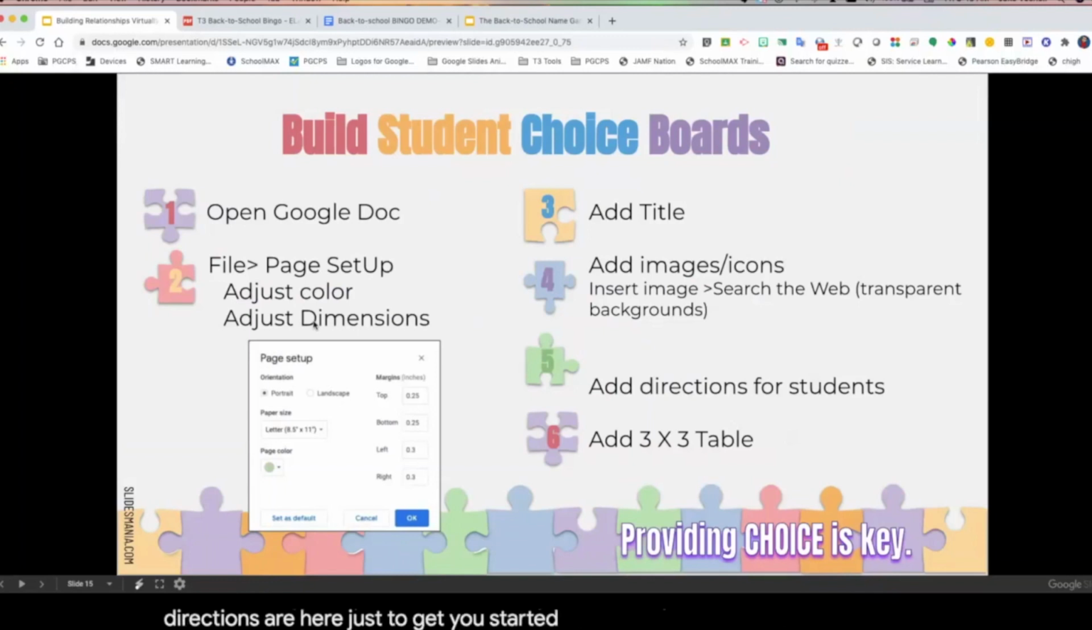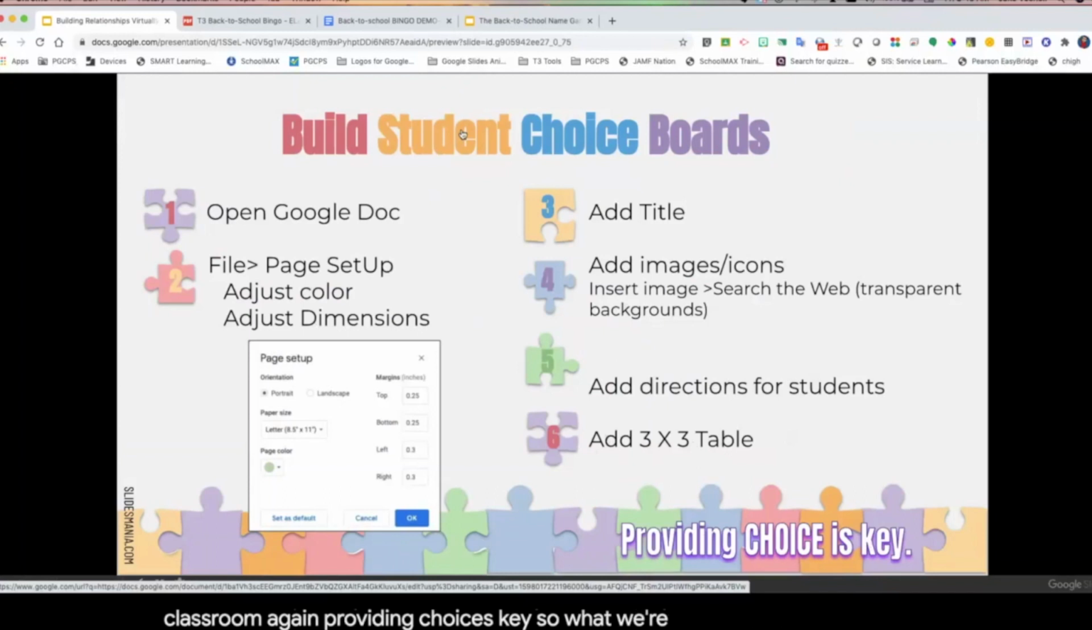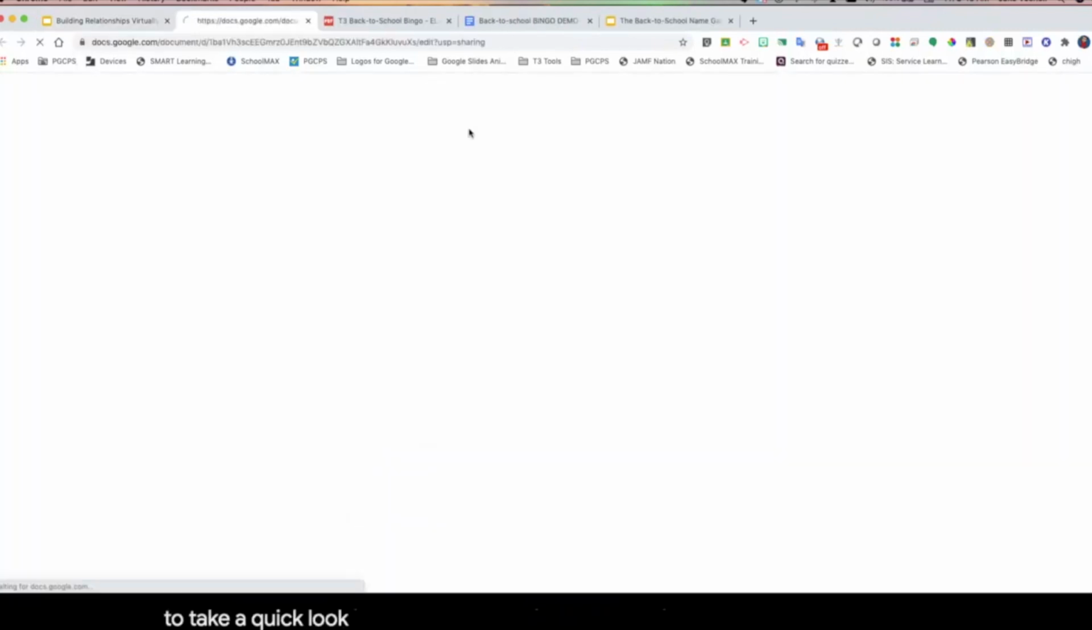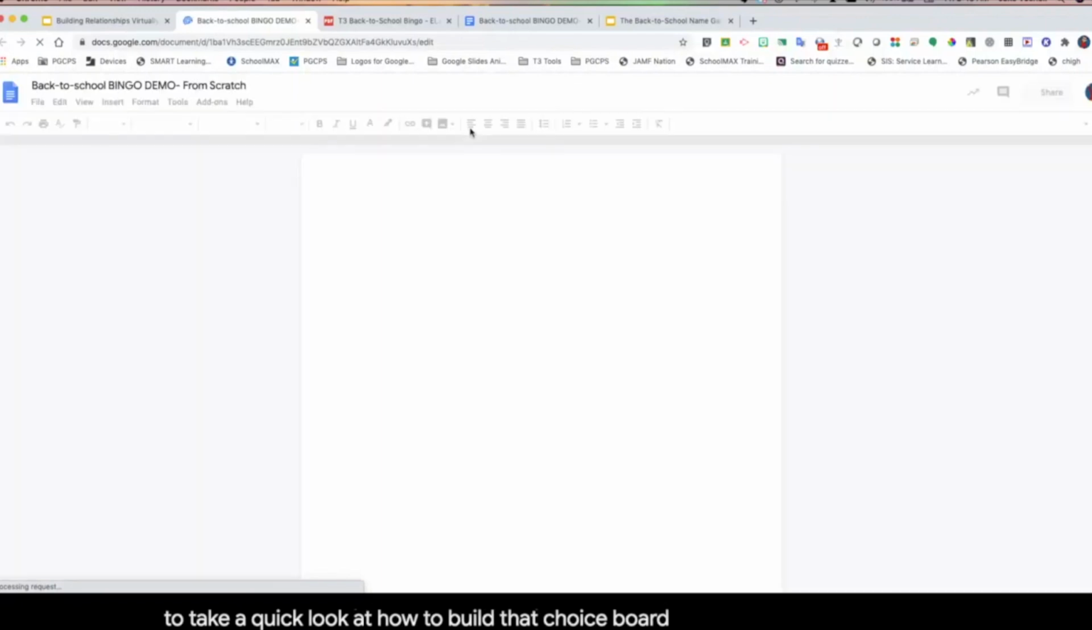You're going to open Google Docs, do file, page setup. We'll walk through those steps: add your title, your images, directions for students. The setup that we provided for you is a 3x3 table. You can decide which one you want to use and how you want to use this within your classroom. Again, providing choice is key. So what we're going to do is take a quick look at how to build that choice board. So to begin,